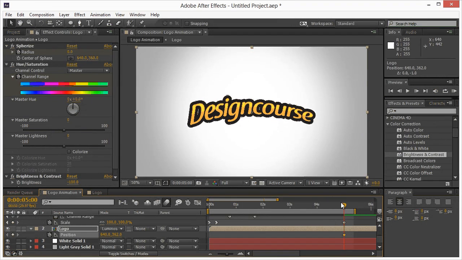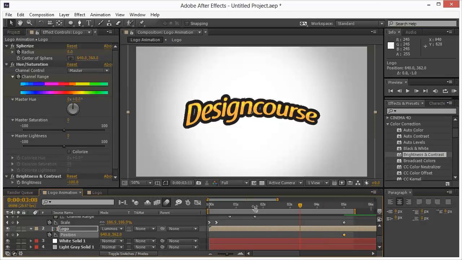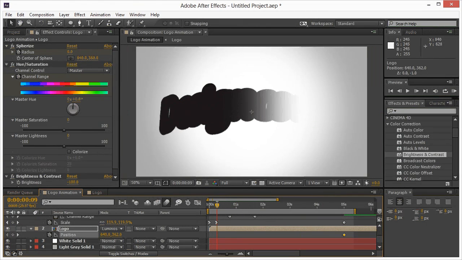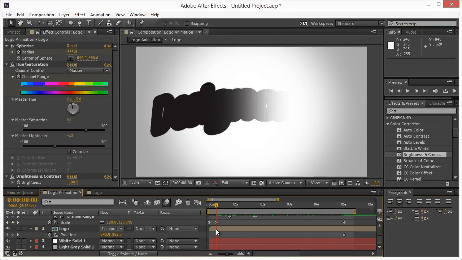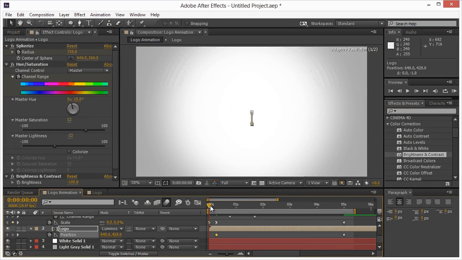And right around there looks good. And then right when it gets to its largest point, I want to drag this down a little bit. So with it selected, I'll hold the down arrow right around here, and then we'll bring it back up to